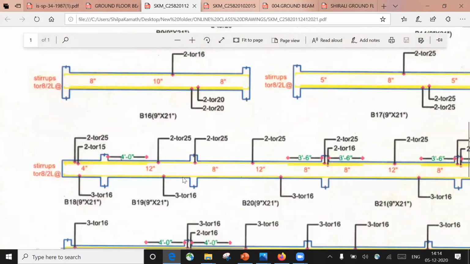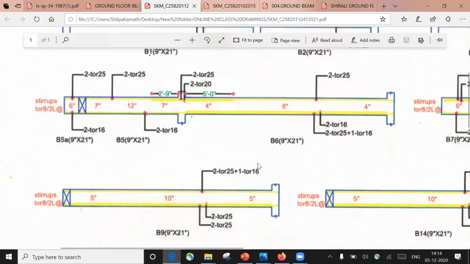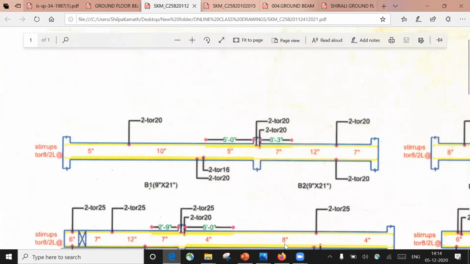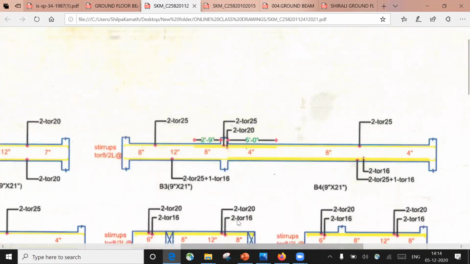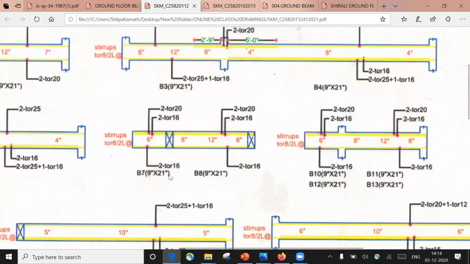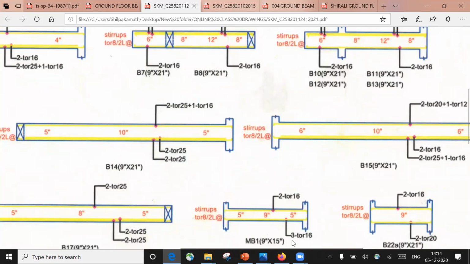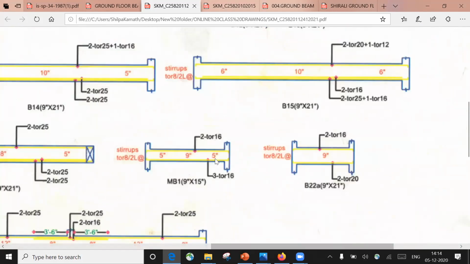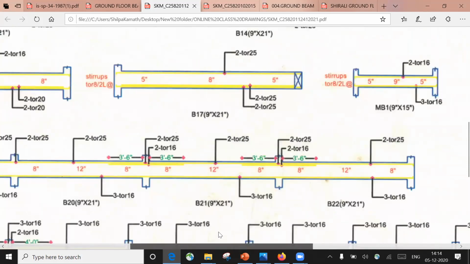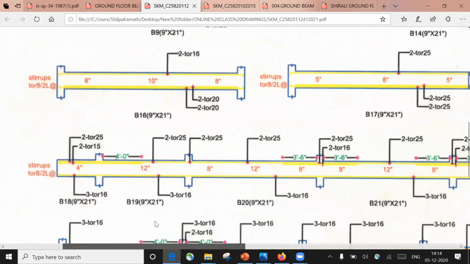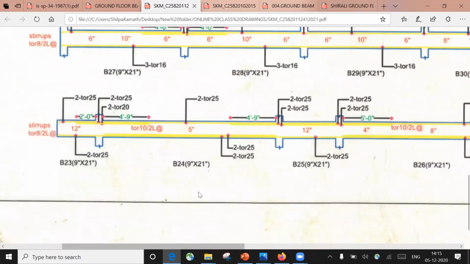And according to that drawing, we'll try to see one of the beams.